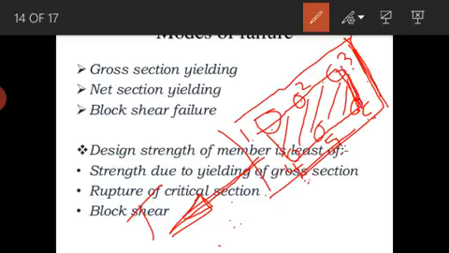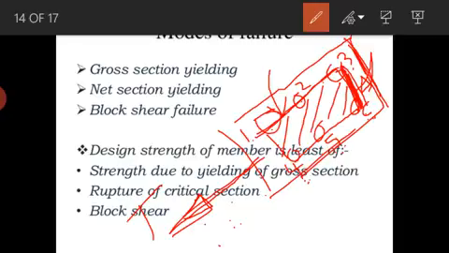Or this particular section which is under tension, this is the tension zone, and this is the shear failure path, that is parallel to the load, and perpendicular to the load is the fracture failure. So the combined effect of these two, shearing and tearing, is what we call a block shear failure. I already provided one video on how the block shear failure may take place. There are various modes of block shear failure.